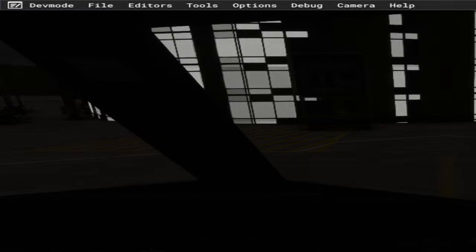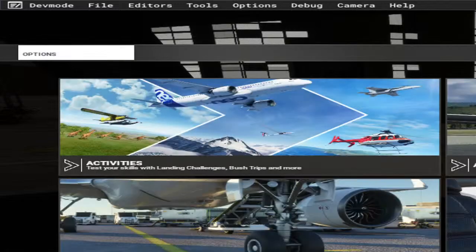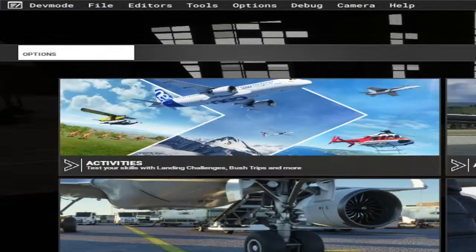Alright, we're gonna just do this. Hold on, you guys. Options menu. Warning: this will return you to the main menu. Do you want to continue? I hate whenever it does this, and it acts stupid with stuff like that. Why? I have no idea. Anyway, we were talking about,